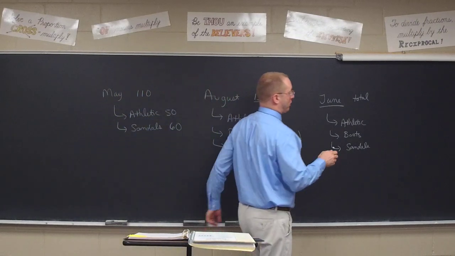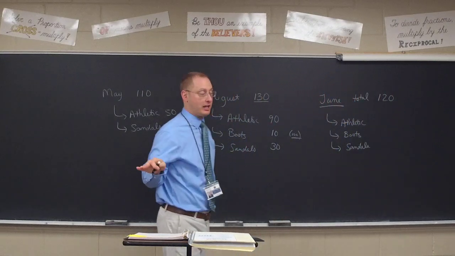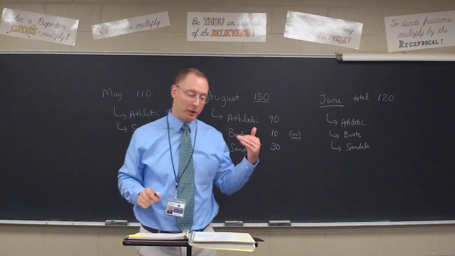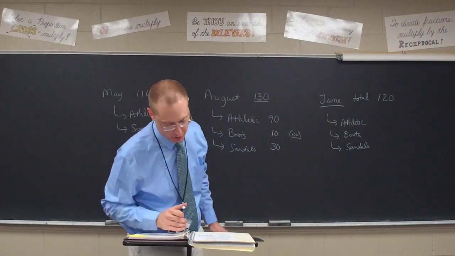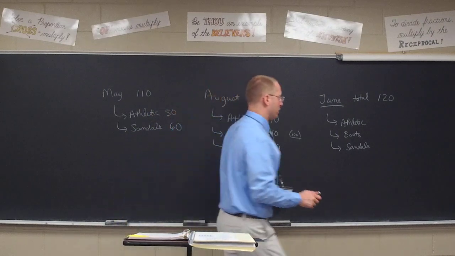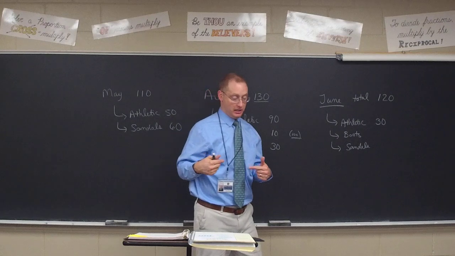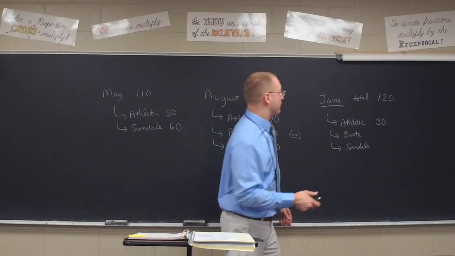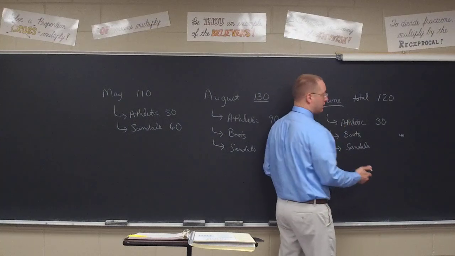Jalen, first of all, what's the total? 120 pairs of shoes. That should be easy to read. We read that like an ordinary bar graph. And even the athletic shoes, the bottom of the stack, is easy to read. Kirsten? 30. Only goes up to 30. Now, boots actually goes up to what line, Elaine? The 40. So obviously then, since we left off at 30, that means, again, only 10 pairs of